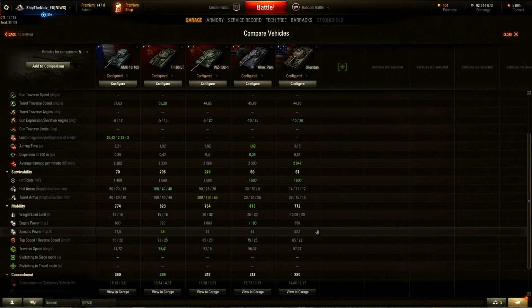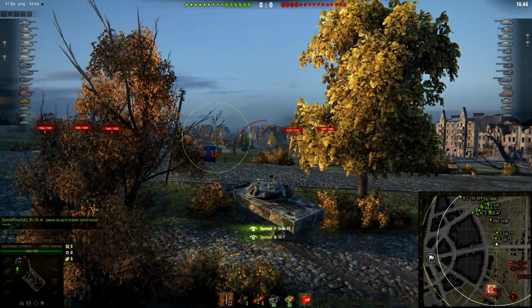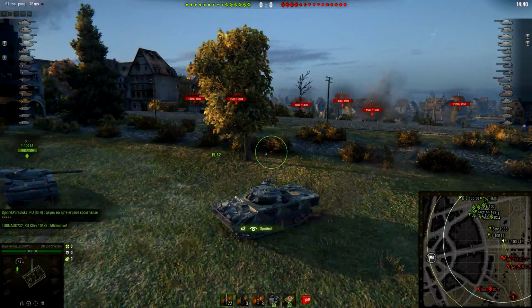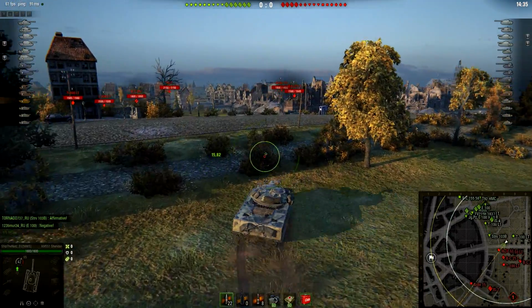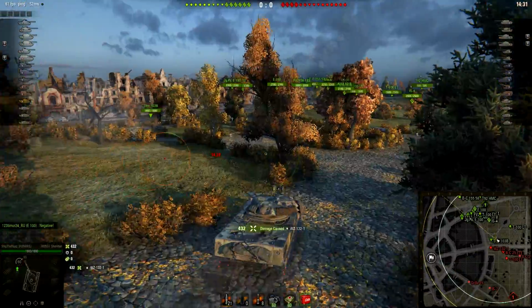Which equals 43.1 horsepower per ton specific power ratio. Top speed 65, reverse speed 22 kilometers per hour, and the tank traverse speed is one of the best, 57.37. So yes, this tank is fairly nimble. It doesn't have the best top speed. 65 is not that good top speed, but still it turns really quickly, it accelerates really quickly, and overall mobility,